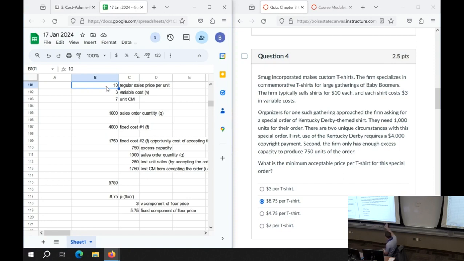So if it asks for the maximum acceptable price or the ceiling, you'd say $10. And you could say it really quickly. Once you read the question, you realize we're looking for a ceiling. Well, what do normal people pay? They pay $10. Great, that's the ceiling. So you're going to negotiate with this customer somewhere between those two. You got $1.25 of range there.